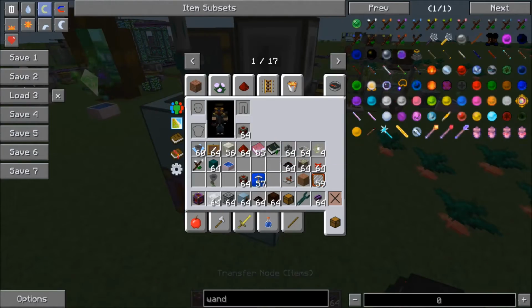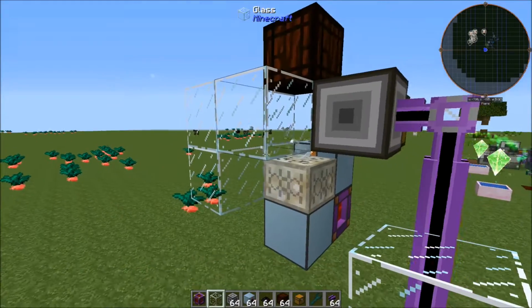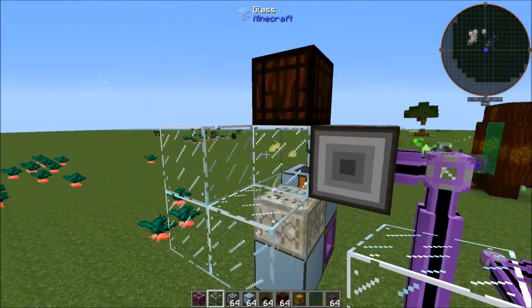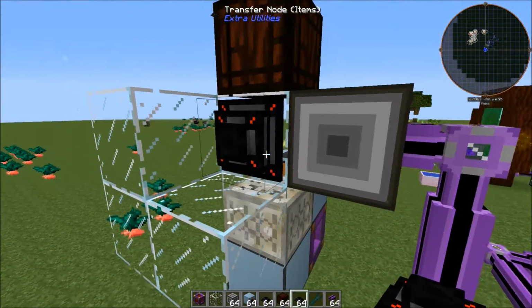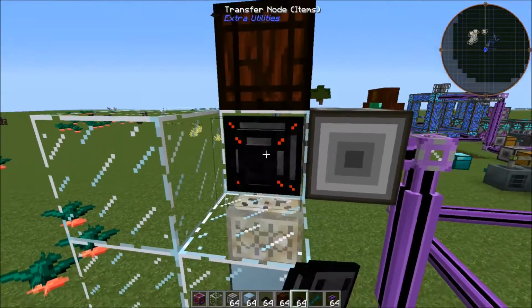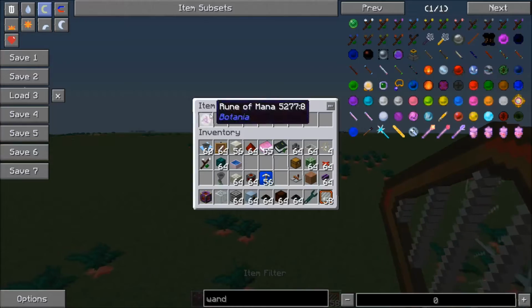And then what we can do is we'll go ahead and set some glass on here. Like that. And let's actually break that for right now. And we'll put our transfer node on the side here. And actually, yeah, this should be good. And we'll give it a world interaction upgrade and then an item filter, and just put any runes that you want to filter through this. Right now I've just got the Rune of Mana,